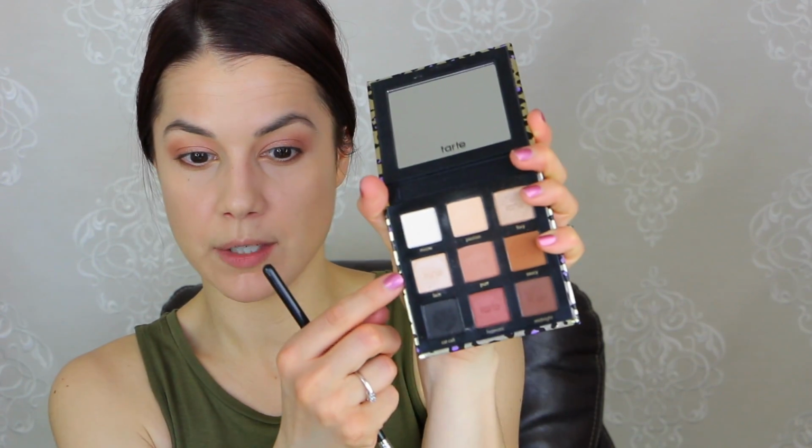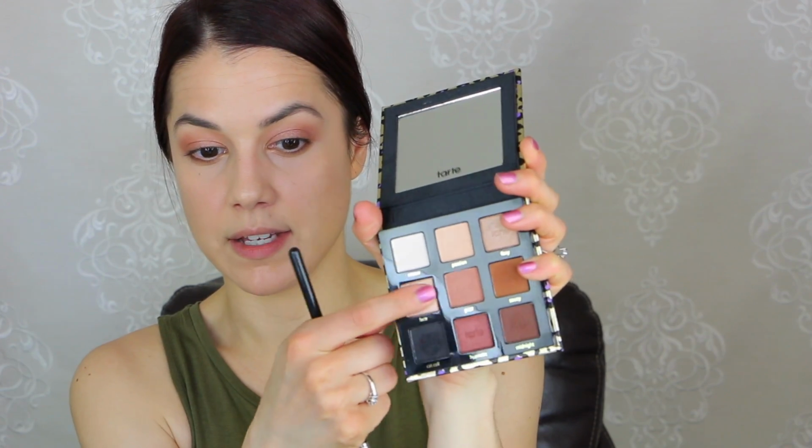And then I have this brush from Sigma as well, the Blending E36. It's a very thin, very wispy style brush that you could use to add a little bit of a color, kind of like a halo around some crease eyeshadow colors. And I like to use this for the inner corner because it is so light and it barely picks up any product. And I'm going to use a little bit of the shade called Lace, which is very light and